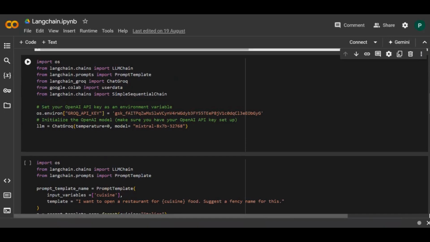We set the temperature for that. The higher the temperature, the more it explores beyond the actual context, and the more creative the output becomes. Yeah, so if we run it,